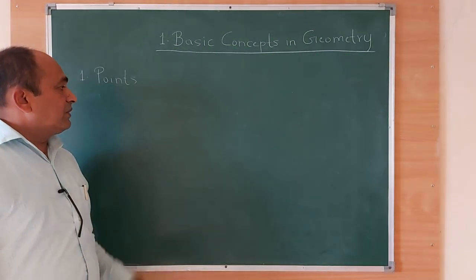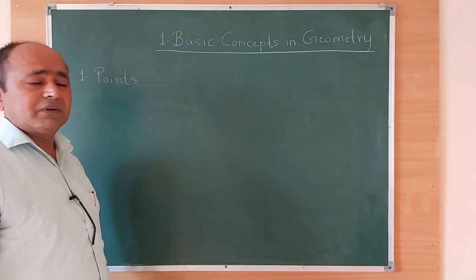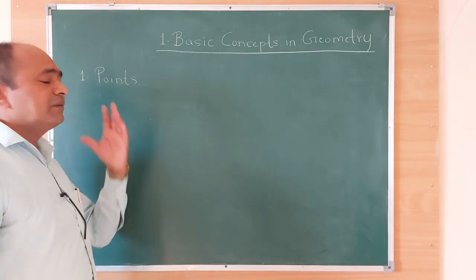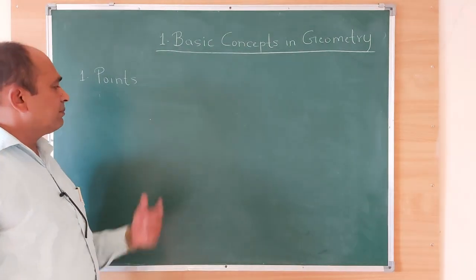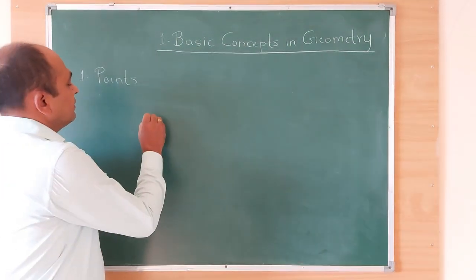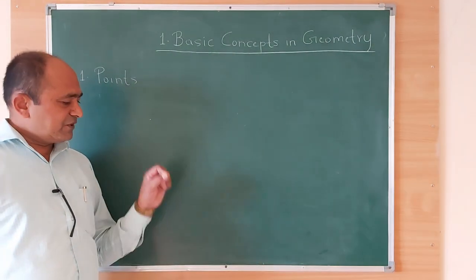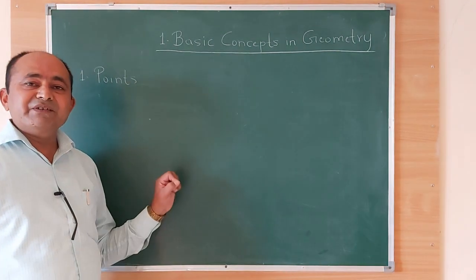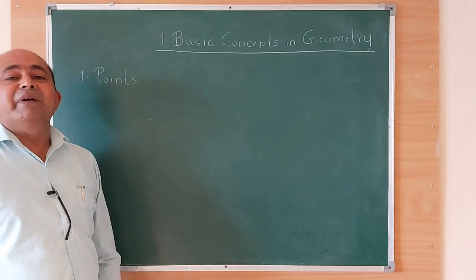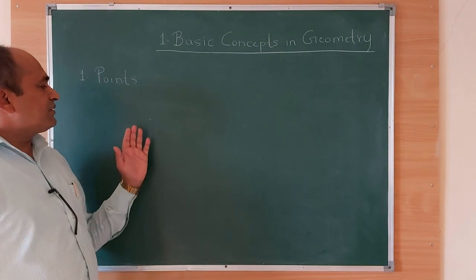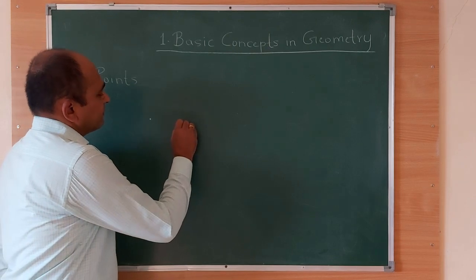Dear children, point is something which is used to show the location, and the point is denoted by just a dot, a tiny dot on a paper or on a blackboard, just a tiny dot. You can draw a point on a paper with the help of your pencil, sharp pencil, or a pen. Just give a small dot. Girls, you draw rangolis. So first what you do, you give the points first, and then you join those points with some lines to make beautiful patterns. So first of all you give points. So these are points. Now I'll draw some points here.